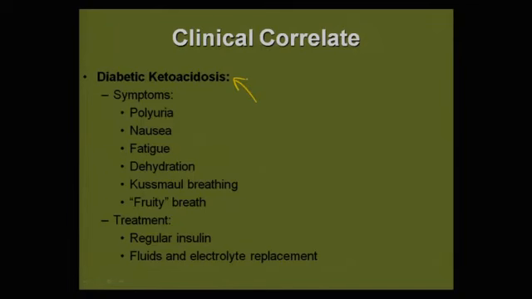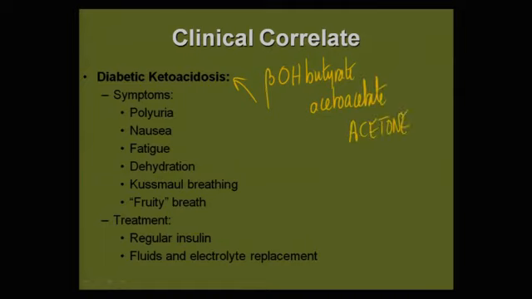In your clinical correlate, there are words about ketoacidosis, a catastrophic event that will plague type 1 diabetics. Ketones are compounds such as beta-hydroxybutyrate, acetoacetate, and obviously also acetone. Acetone is not useful to deliver energy, being that it's too volatile. It is breathed out, and it is the acetone that is responsible for the fruity breath of someone with ketoacidosis.